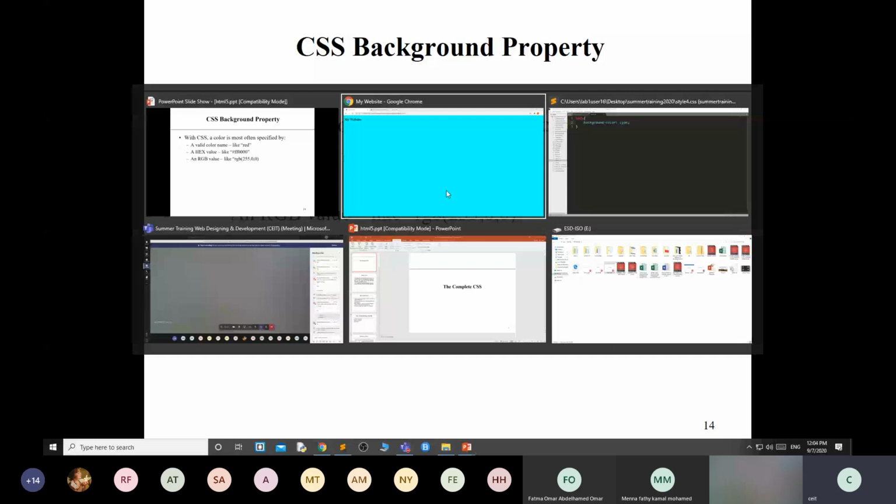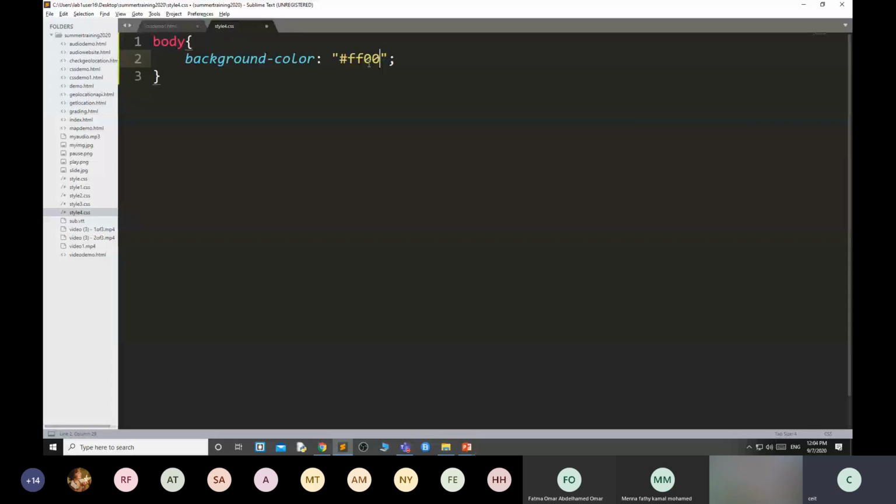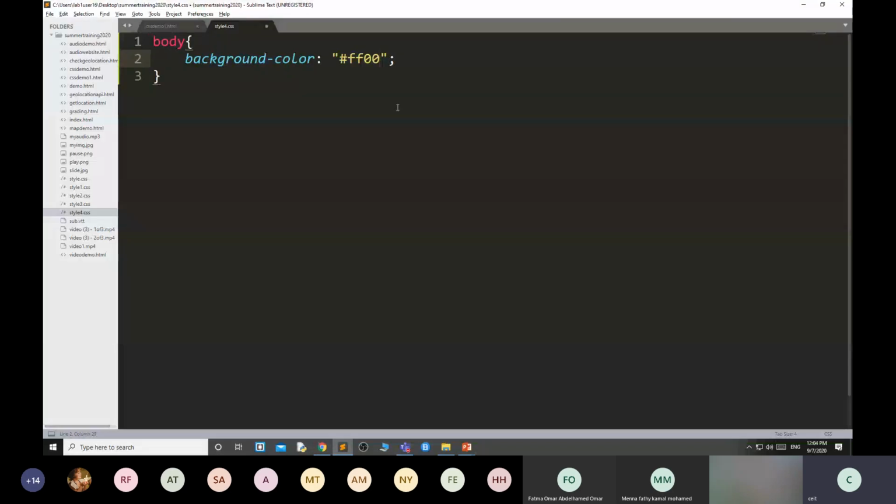Like hash FF0000, this is a hexa value. It will take that color. This is for white. Also, 6F is, I think, black.